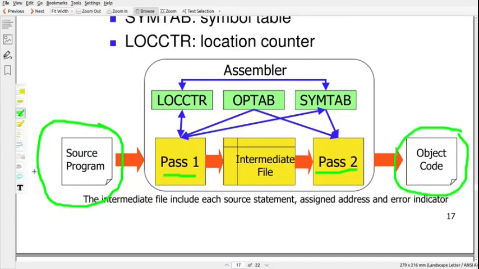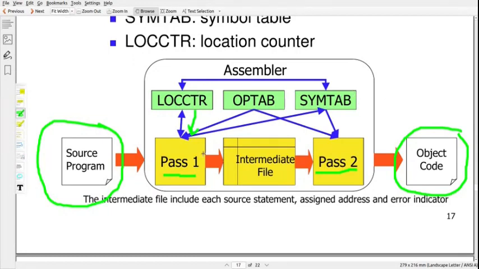While converting the source program to object code, this assembler uses three data structures: LOCCTR, OpTab, and SymTab. During pass 1, this assembler uses location counter, and it uses OpTab as well as SymTab. You can see that pass 1 will use all three data structures, and during pass 1 it updates the location counter value as well as the symbol table value.